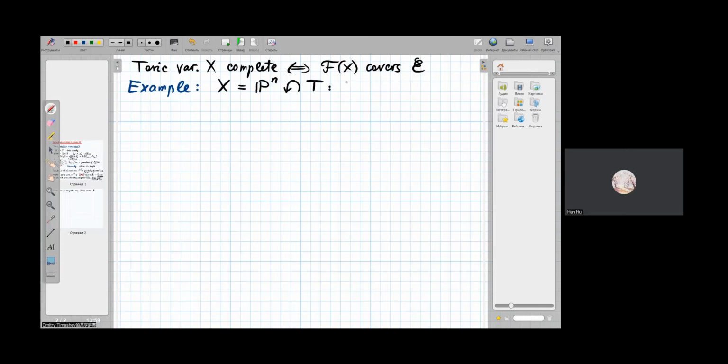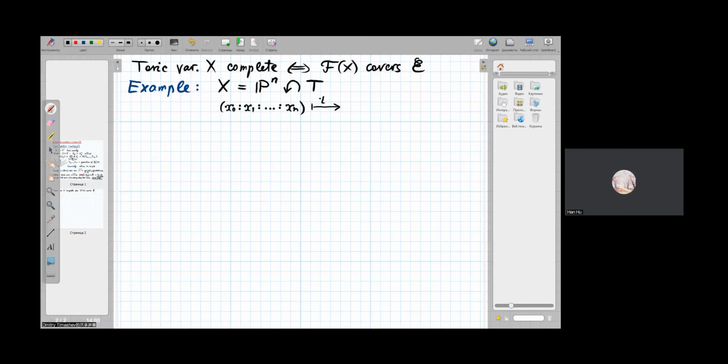A point with projective coordinates x0, x1, etc., xn maps